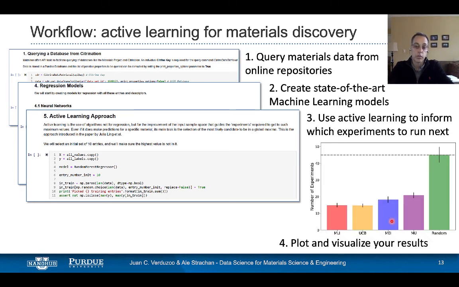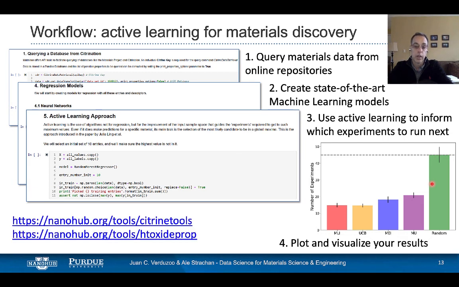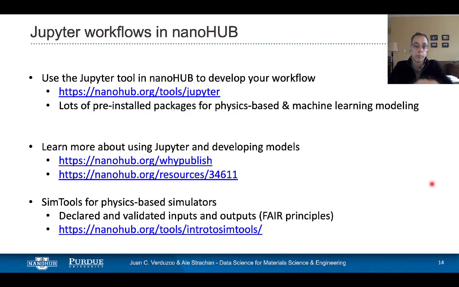Once you're done, you plot your results, and again, everything is documented in a single notebook. These are two examples of end-to-end scientific workflows for data science that are available in nanoHUB. Anyone can run them, anyone can modify them, and build on them.